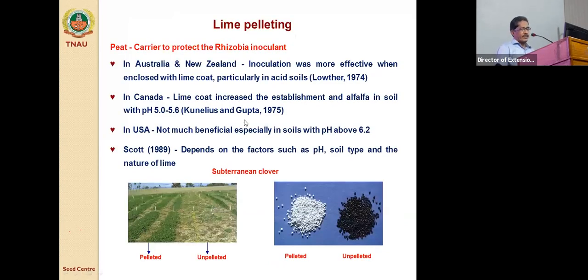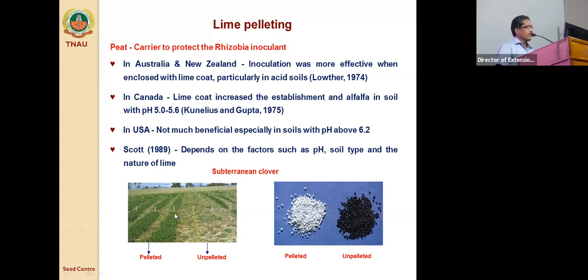So a very specific pelleting method here is lime pelleting. This is not a new one; this is a very old one. Earlier, in Australia, they started with lime pelleting only. Pelleting started with this kind of pellet, especially for clover, subterranean clover, which is a fodder crop. For this, because subterranean clover has to be treated with rhizobium, to increase the nodulation we have to treat with rhizobium.